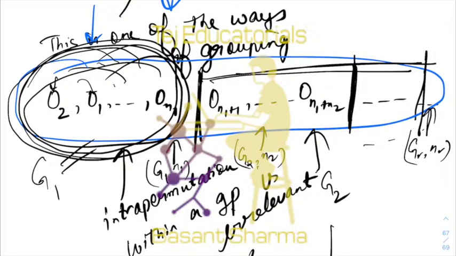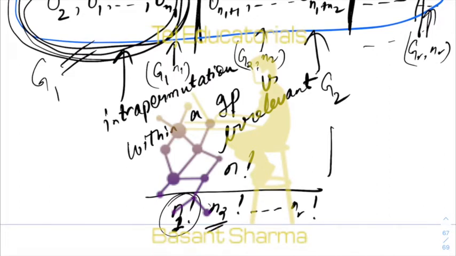Now what we are saying is, corresponding to each partition, the intra permutation within the partition is actually giving us the same grouping, because grouping is concerned only with selection, not with ordering. So what we do is we take the total number of arrangements and divide by the factorial of the first group size.